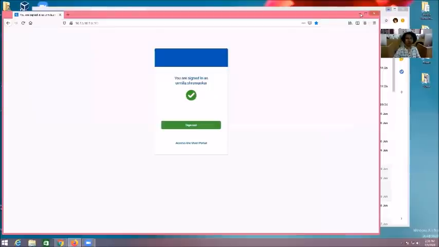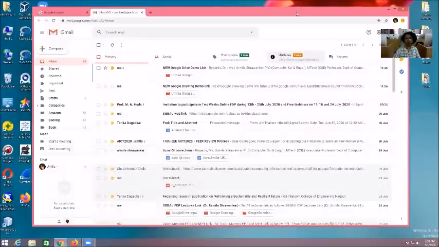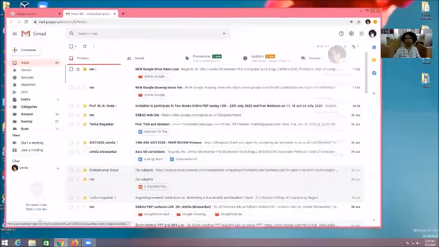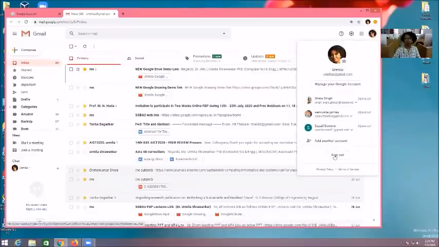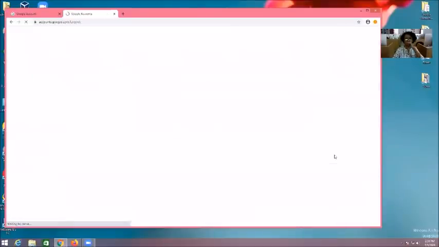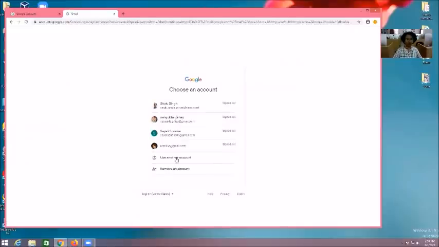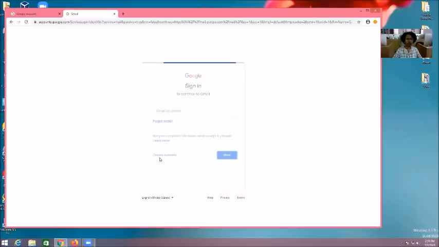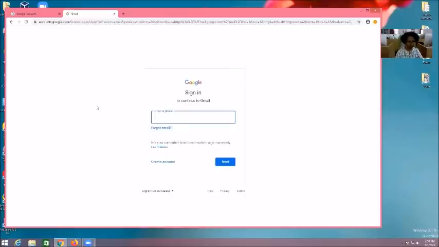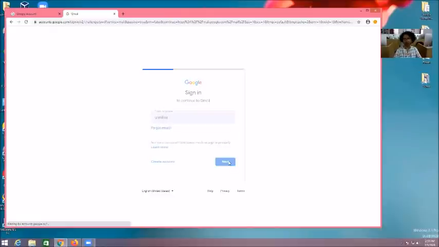Okay, and then I will log in with this. If an error comes, that means there is a problem with login. Just log in with the account where you have created the profile.